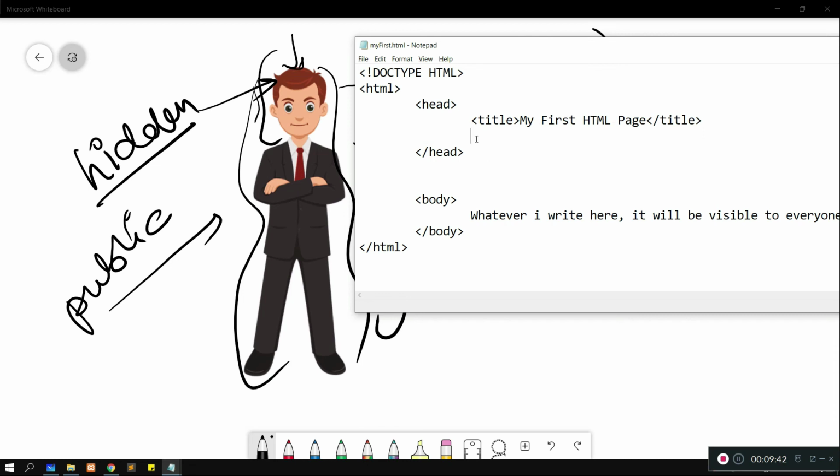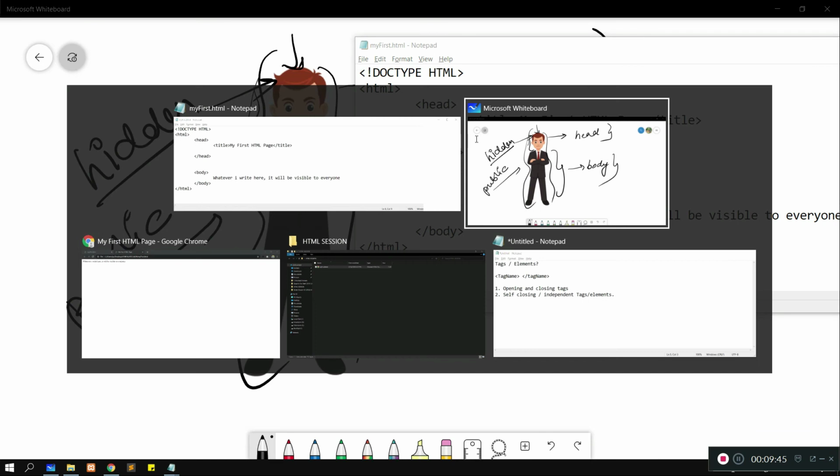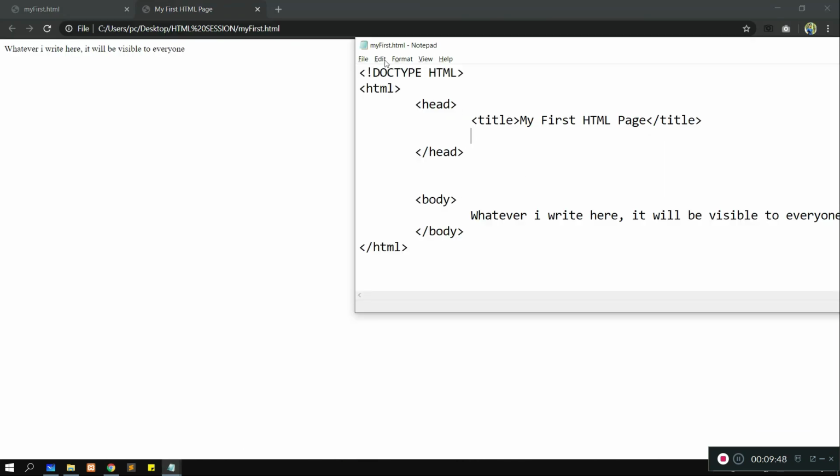Okay guys, so now coming on this structure, the first tag, that is doc type HTML, this will tell you the type of the document. Tell to whom? This tag tell to the compiler, or you can say the browser, that this file is of HTML type or this document is of HTML type. Okay guys, so this tag will show that the HTML code start from here.